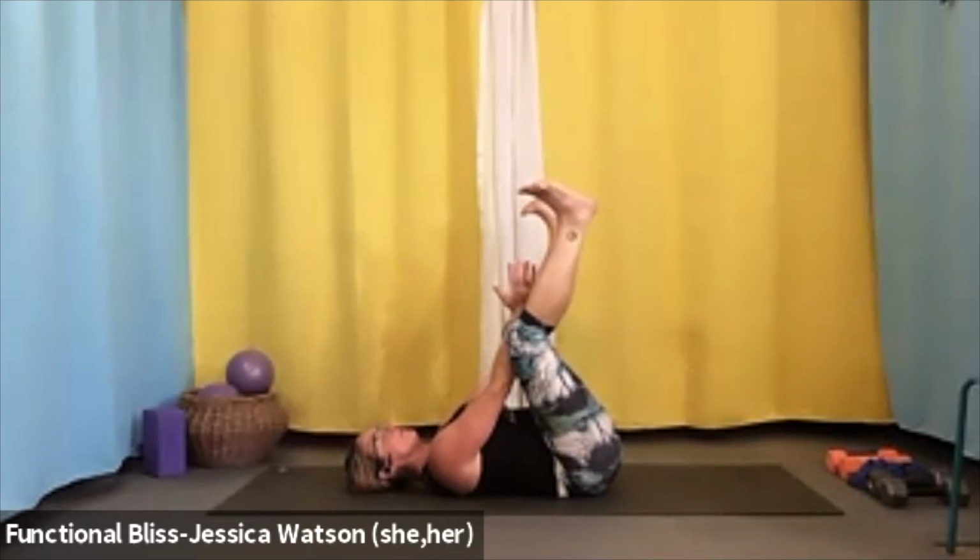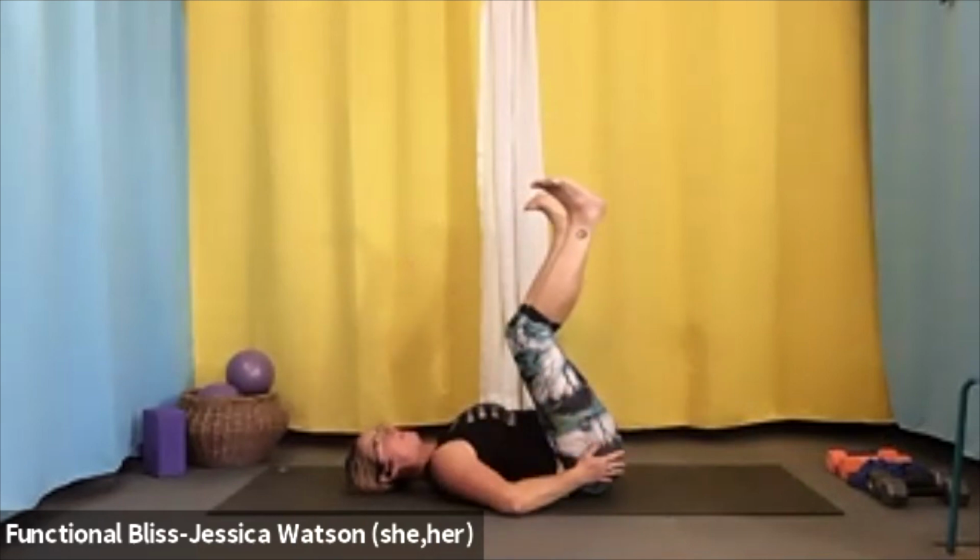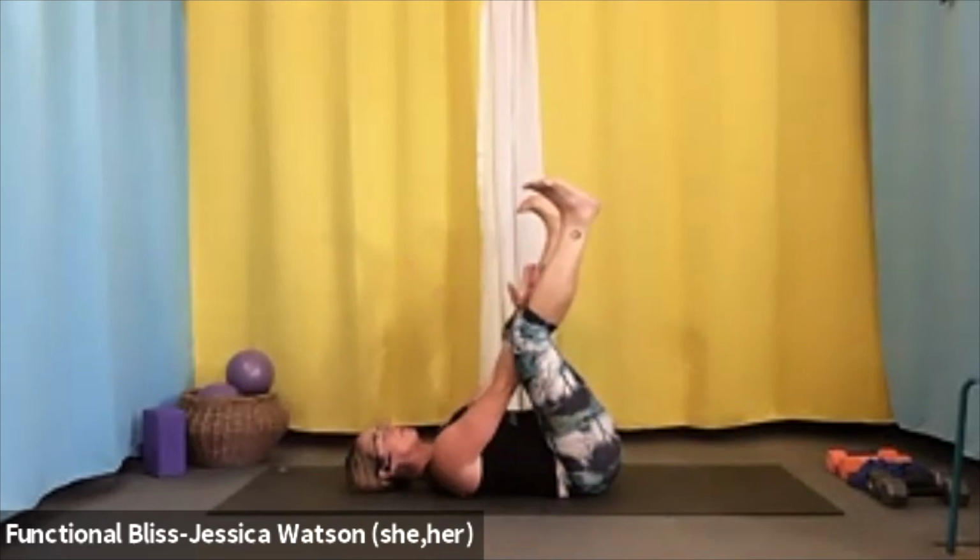So pushing the arms out, pushing the knees in. We wanna find some activation of the muscles in the legs, inner thighs, outer thighs, and even the hip stabilizing muscles. So push the arms out, push the knees in, nice and strong here. Hold it as long as you can. Maybe hold it there for 5,